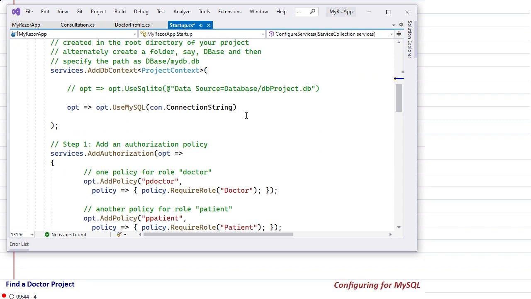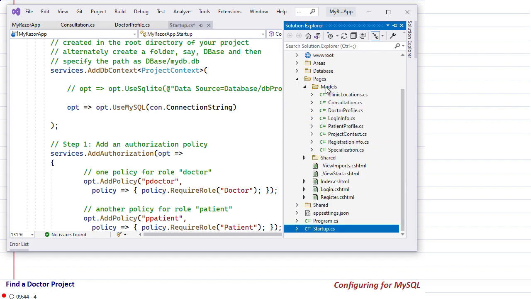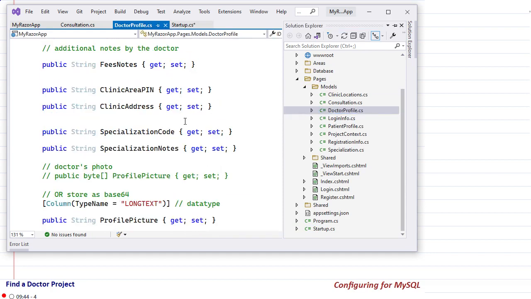This is the only change that is required, but there is a small change that will be required to two models, DoctorProfile. I will show you. These are the models that we are using in this project. One model is DoctorProfile. Let us double click to see what is there.